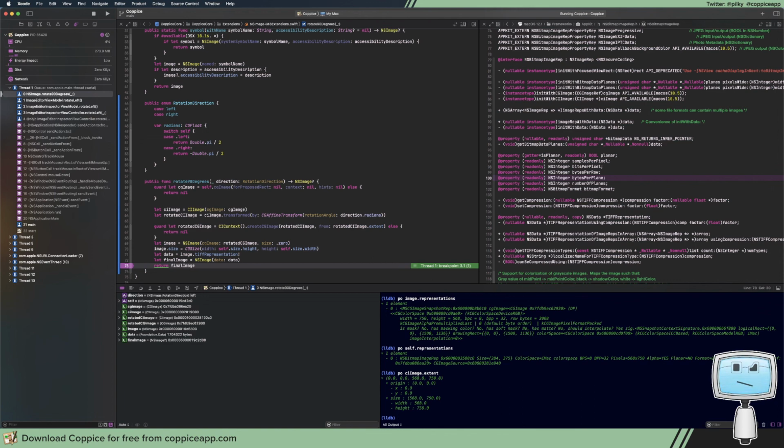Oh, I bet I know what it's doing. This is a retina display. What's the betting that the CI image is set at that pixels? The drawing rect, when we create the CI context, maybe that is creating it at twice the size to do a 2x thing. So that is why